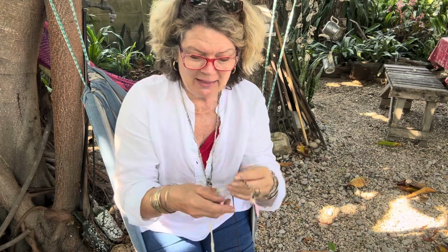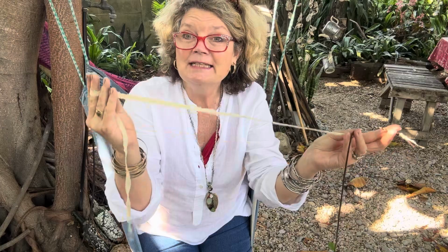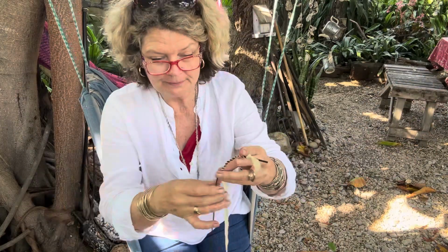But then I thought about something else, and I've got these very thin leather pieces that I bought many moons ago at a shop. So I thought, you know what, I don't really want only that. So I'm gonna try and see how this goes. And I absolutely think this is gonna be the one. So I took a very thin piece of cloth that I tea-dyed, tore 2 pieces off. Then I've got now my long piece of rope, of leather, and all I'm doing is the method that I